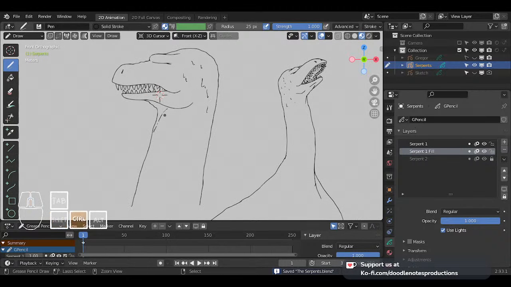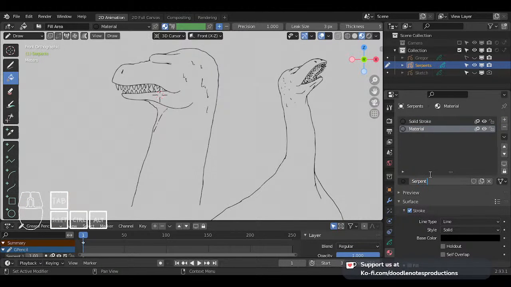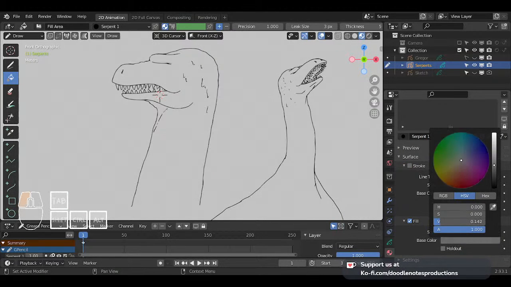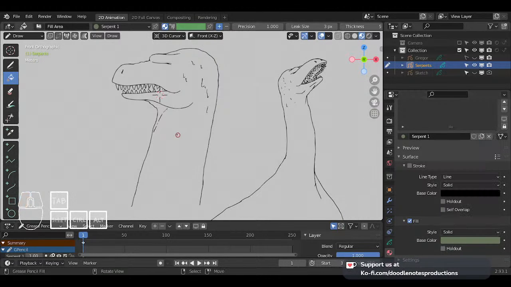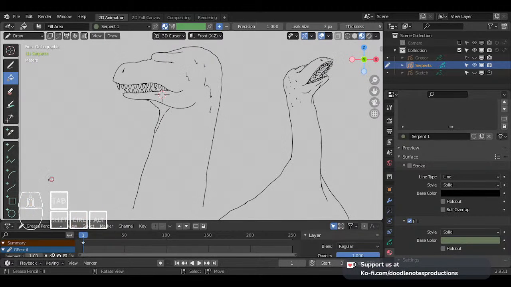So I'm just gonna select the fill tool here. I'm gonna create a new material. I'm gonna call this Serpent 1. I'm gonna uncheck stroke, check fill, and we're gonna pick a color that's kind of greenish and grayish. Maybe something like this. We're gonna be changing that soon. For now, let's just go and fill